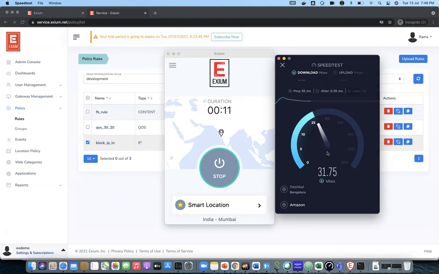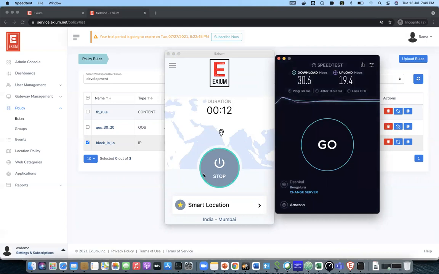As you can see, it is coming back to 30 Mbps download. That is the cap we kept for this user group, and the upload speed we capped at 20 Mbps. It is almost reaching 20 Mbps. That's the max it can go.